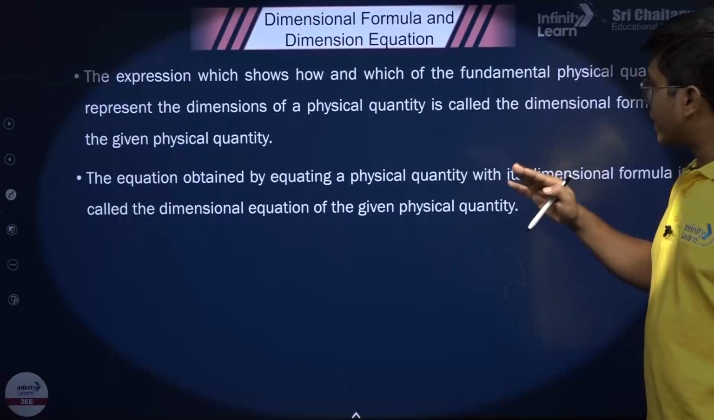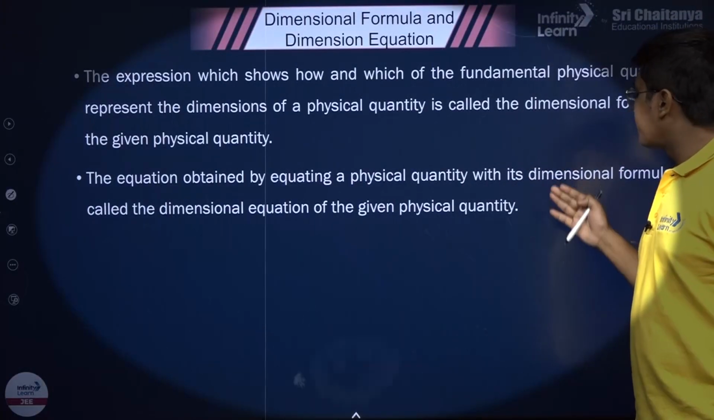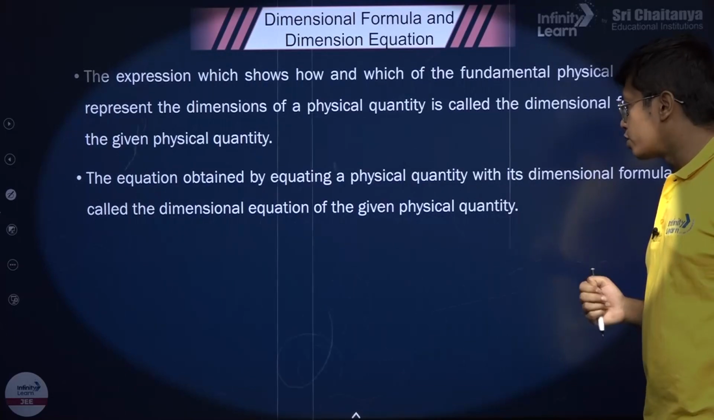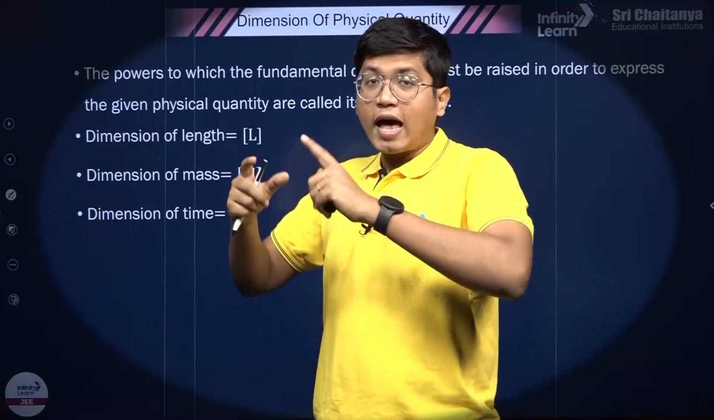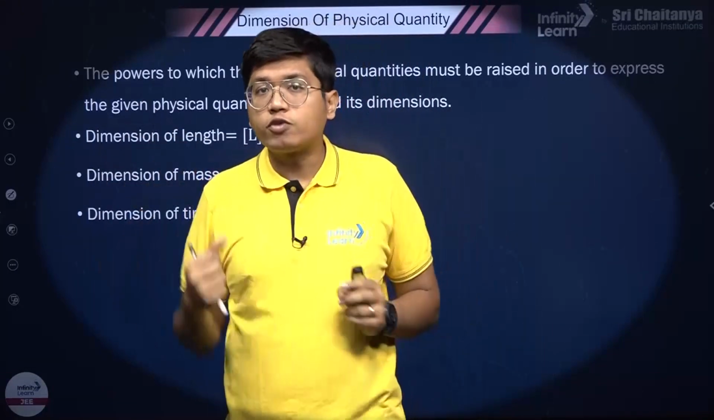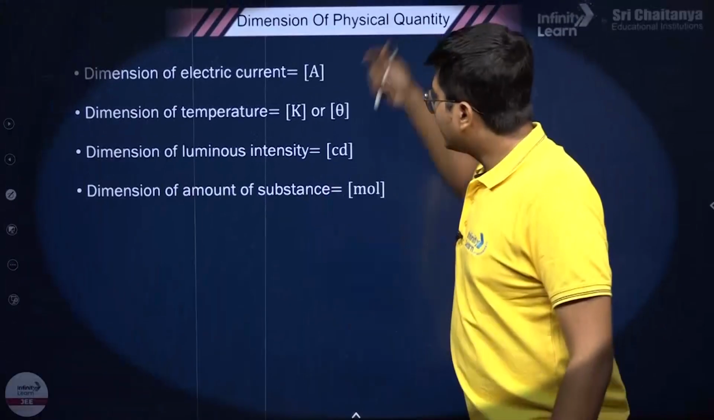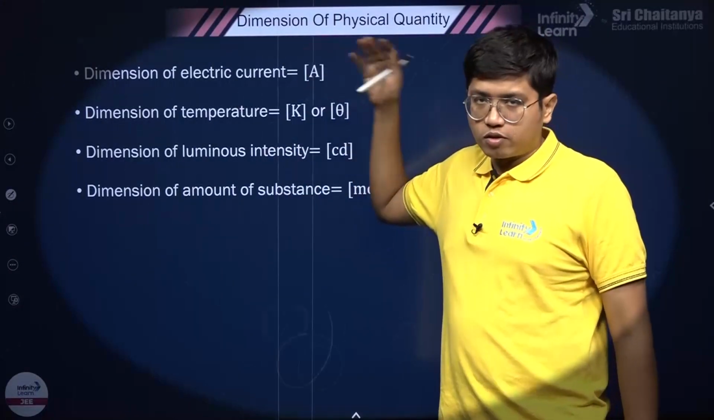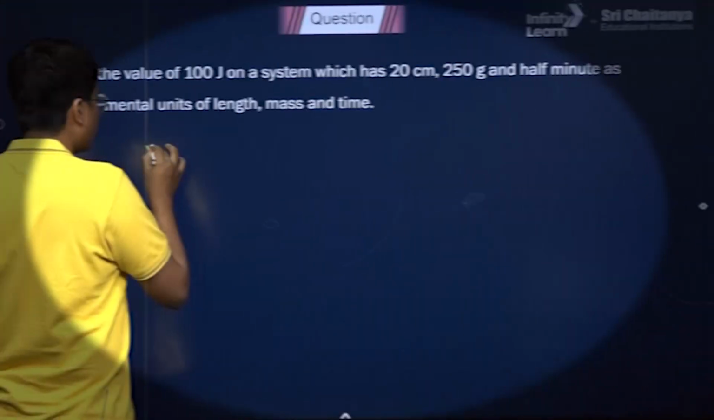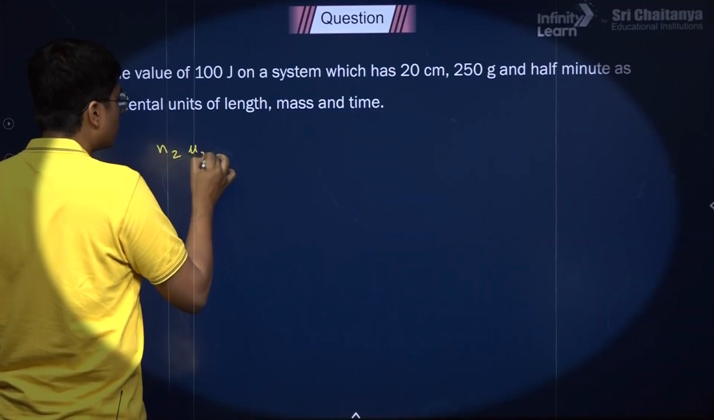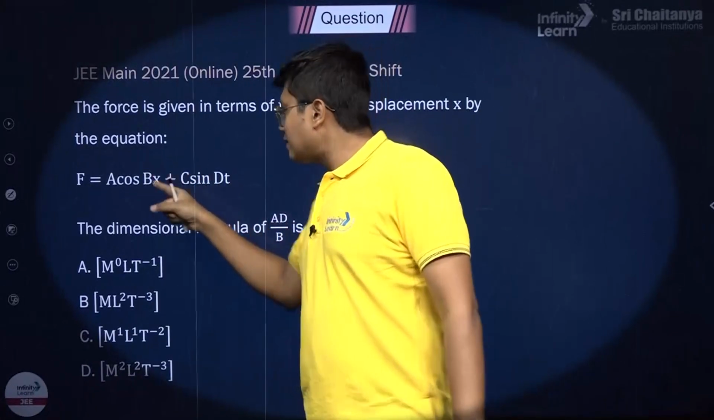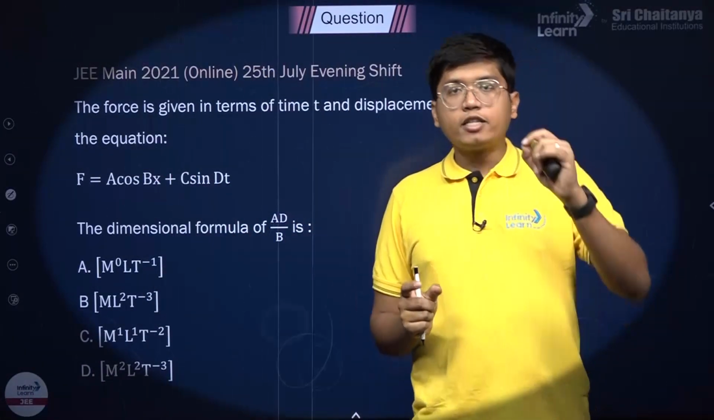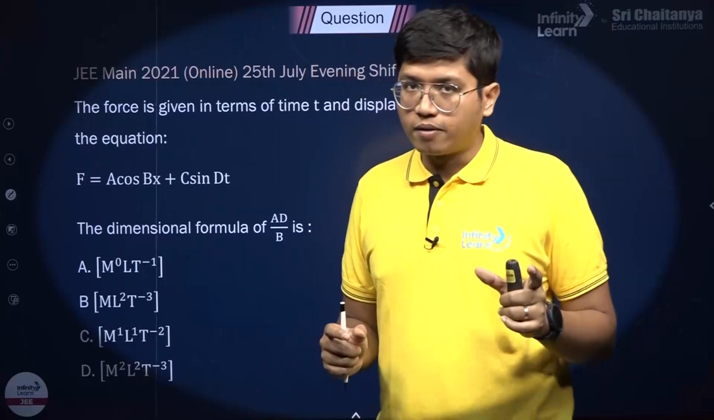The equation obtained by equating a physical quantity with the dimensional formula is called the dimensional equation of the physical quantity. What are the fundamental quantities it depends on, and what are the powers to which each of those quantities are raised? Now these are the fundamental units and the fundamental dimensions. We know N2 U2 is equal to N1 U1. Inside a sine or cos function, you should have an angle, a theta, angular